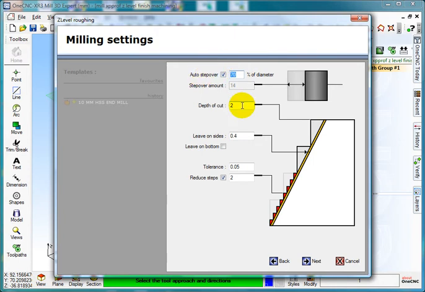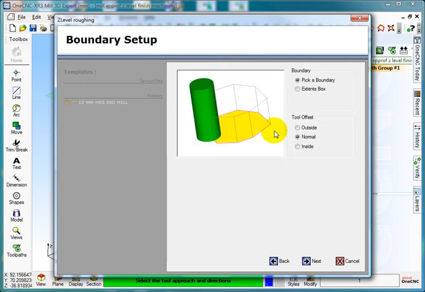Next, I'm going to use 30% of the tool, and what I want to do is rough it out in 10mm cuts. And what I want to explain is, because I've put a 10mm cut on, I would end up with 10mm steps around the job. But what I want it to do is cut it down 10mm, and when it's roughed it out, I want it to come back in 2mm cuts and semi-finish up the 10mm steps there. So if I just reduce that by a milli, just to show you, select next, and we're going